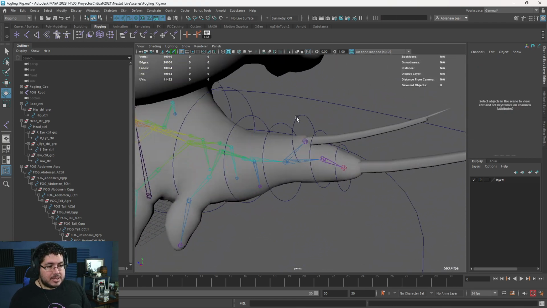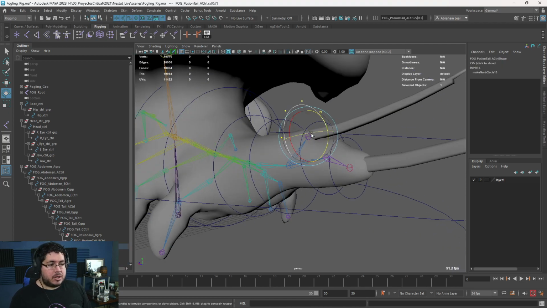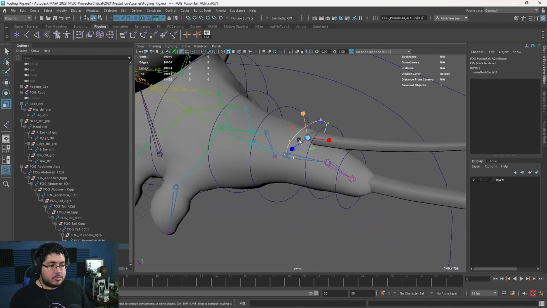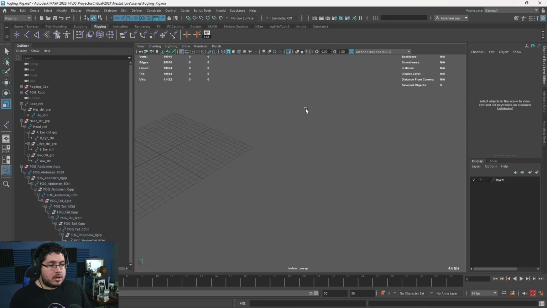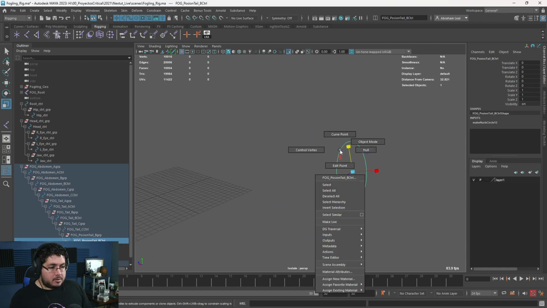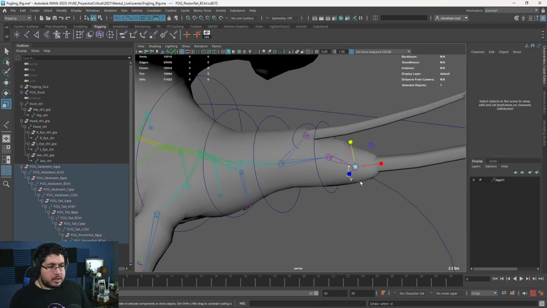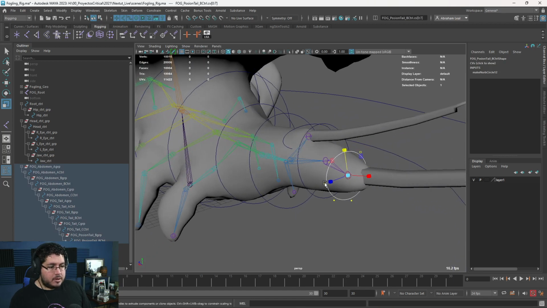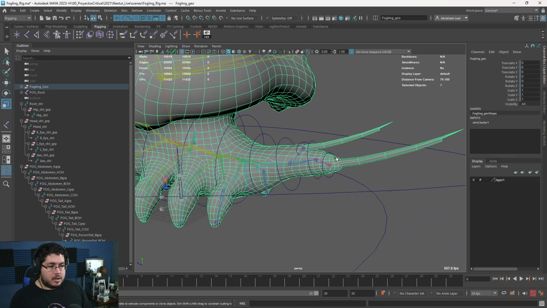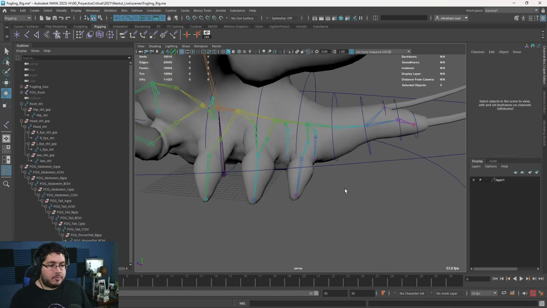So now we have all of the elements. I do think this one, again, to not confuse my animators or whoever's going to animate, I know I'm going to animate it, but if I were to give this to someone, I would change the shape a little bit. So probably something like this, like an oval shape. Same for this one, so that people know that those shapes are not part of the main tail. They're part of the appendages. They can, of course, tell that by the name of the thing, but it's always useful to be extra careful there. So something like that. So I know that this curve right there modifies the little tip of the tail.